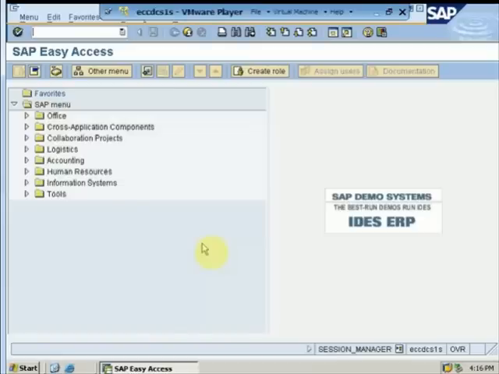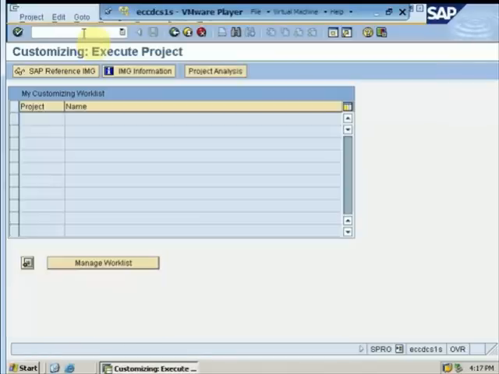Now the main concept behind a variant is that a variant is a similar nature, a similar property which can be assigned to multiple objects. Now in order to create a variant, we'll again go to our IMG implementation guide transaction code, which is SPRO.